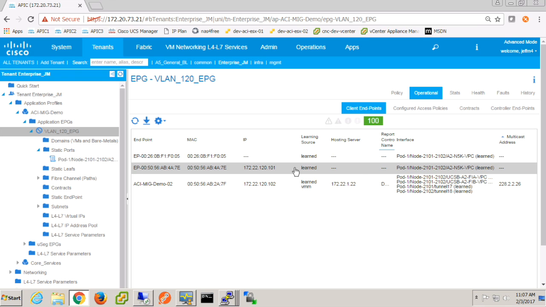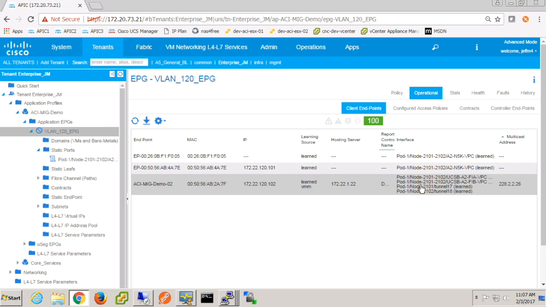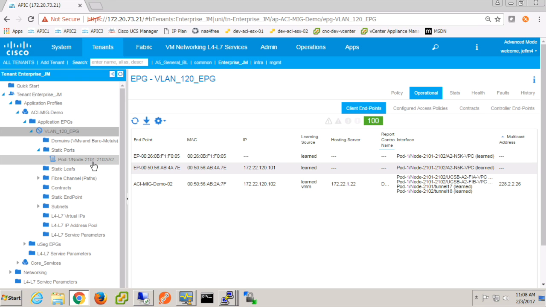I see that it's learned out that VPC. I see this is learned out of a VMM. I'll probably make some videos on VMM integration, specifically around DVS and AVS at some point. But I'm not going to do that right here. Something interesting, though, that I wanted to show you that is a newer way to do this as well is,